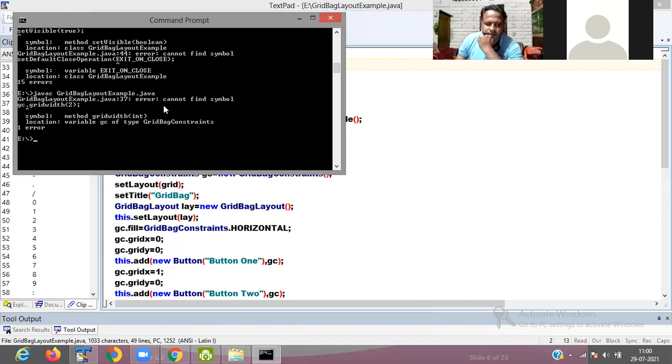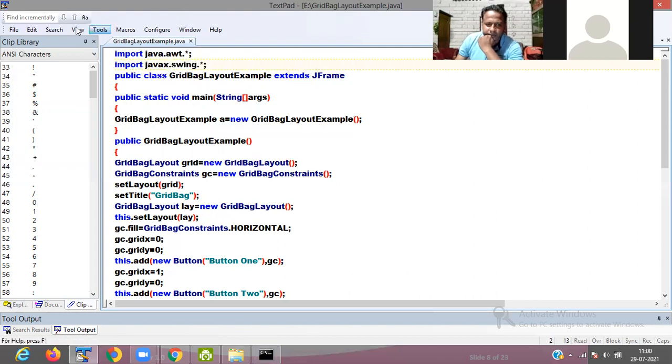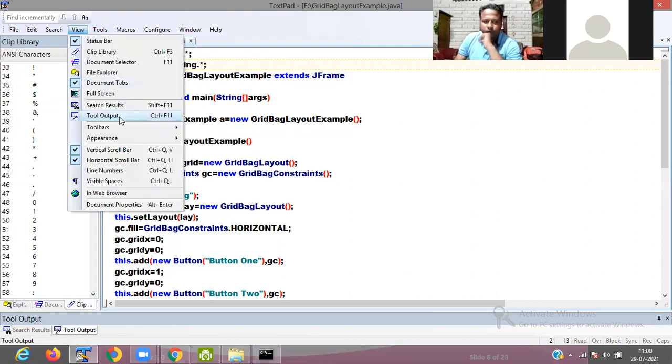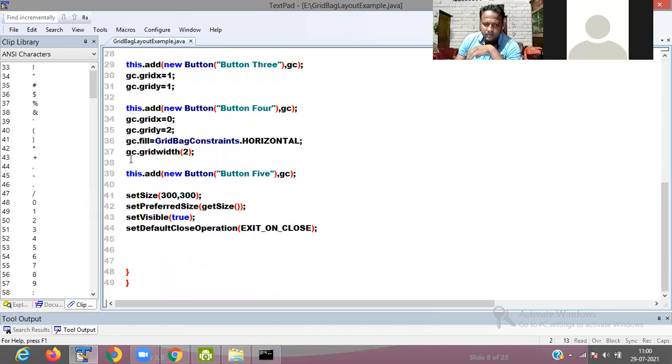Cannot find symbol. Then we go to the line number, line number 37: gc.gridwidth. Oh, sorry, gridwidth is equals to 2.